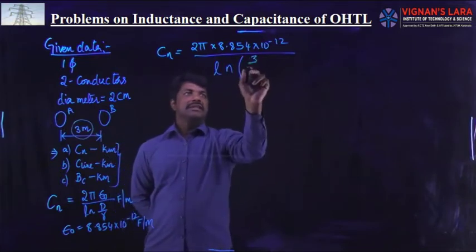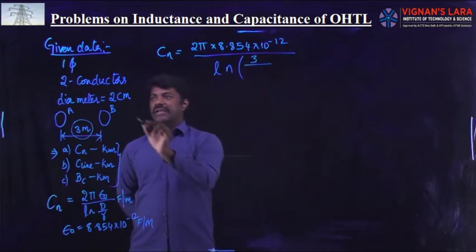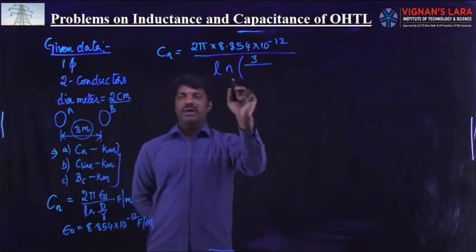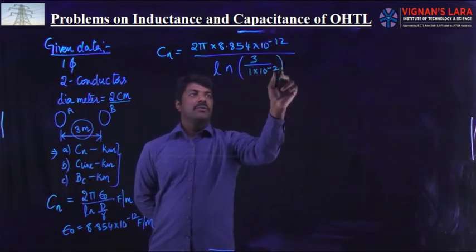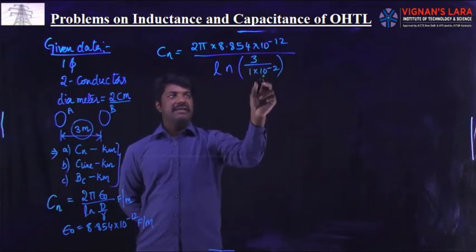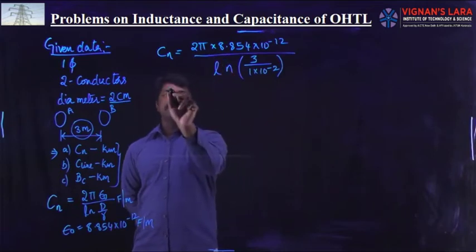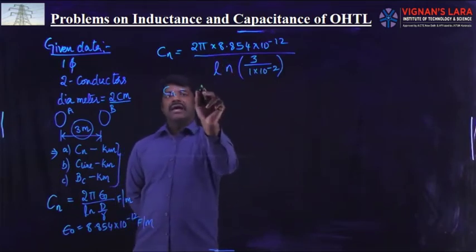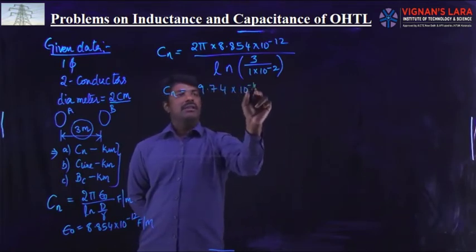So this is 3 divided by r. The diameter is 2 centimeters, therefore the radius is 1 centimeter, 1 into 10 power minus 2 meters. We have to keep the spacing and radius both in meters. Then on calculating, per meter length we get the magnitude as 9.74 into 10 power minus 12